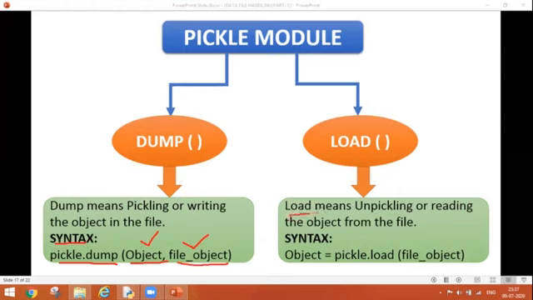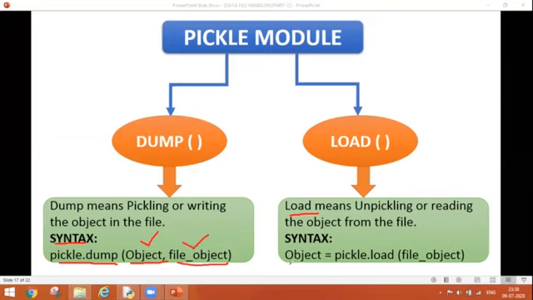Next is load. Load means unpickling or reading the object from the file. It means we are bringing the data back from the permanent file onto our temporary memory. And how do we do it? First, the pickle module converts the byte array format, which is already written in the binary file, into its original format. And then finally it displays it onto the screen.